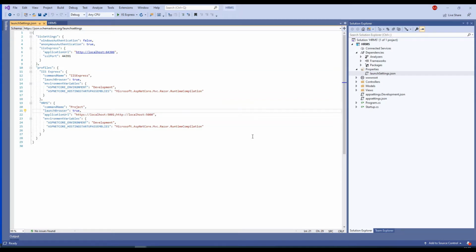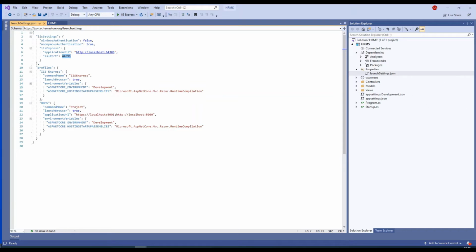When your application is launched, it will use this particular URL. The SSL port will be 44391. You can change this launchSettings.json for prod and dev.